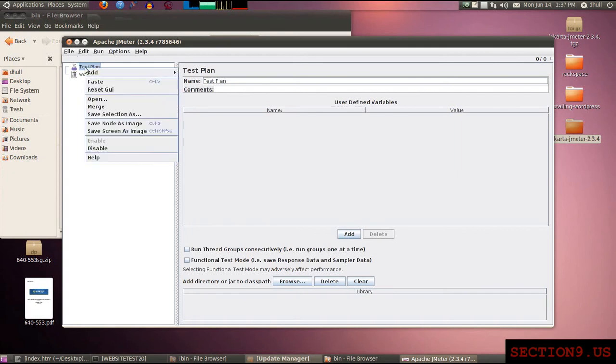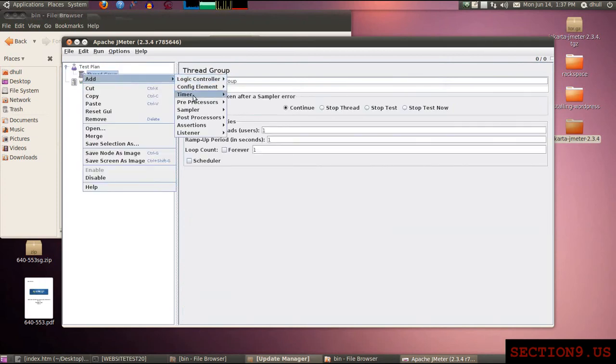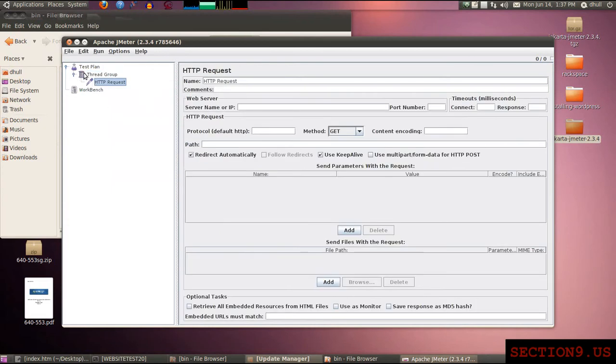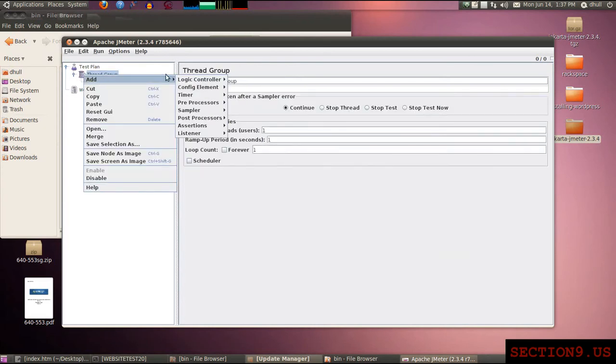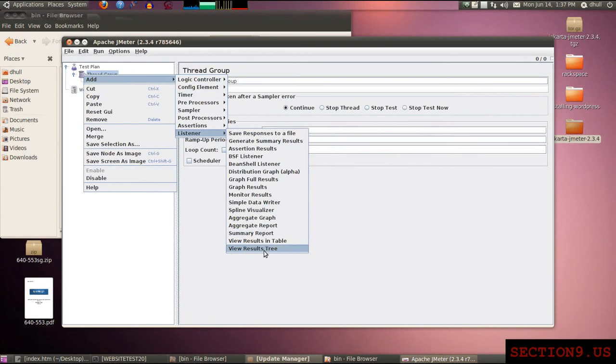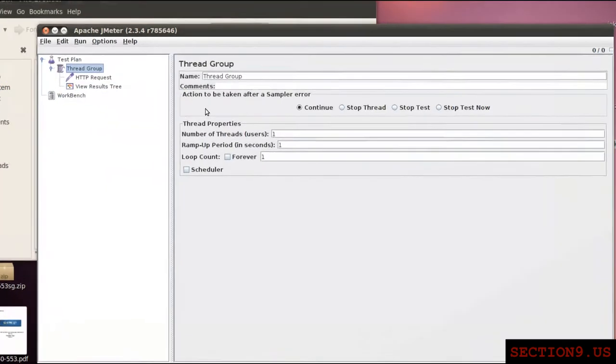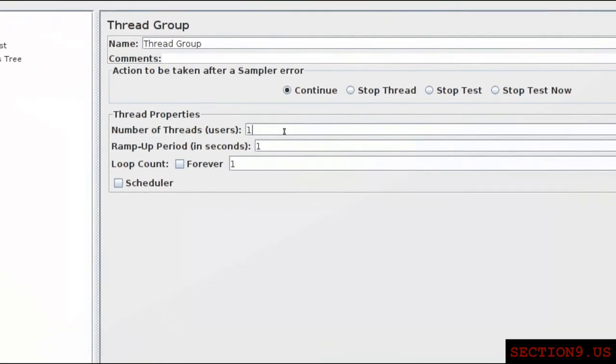We go to Test Plan, we right-click, we add a thread group. Right-click on Thread Group, and we add a sampler, and I want an HTTP request. We right-click on Thread Group again, and I'm going to add in a listener. I want View Results Tree. Go back up to Thread Group, and here's where we can add in the number of users we want to access the website. So again, we're simulating web traffic. I'm going to start out with 10,